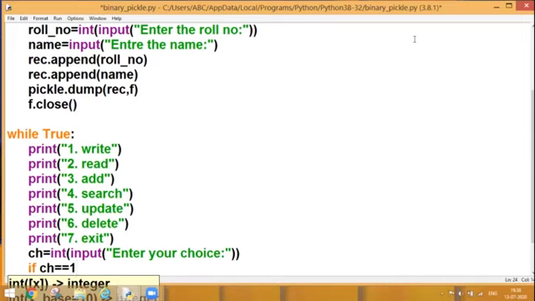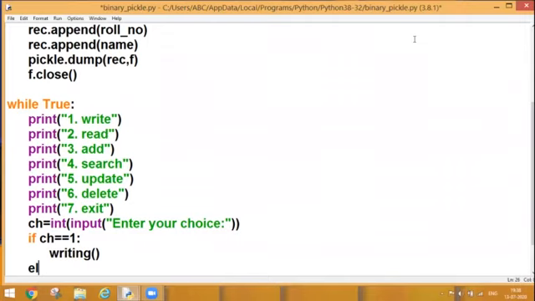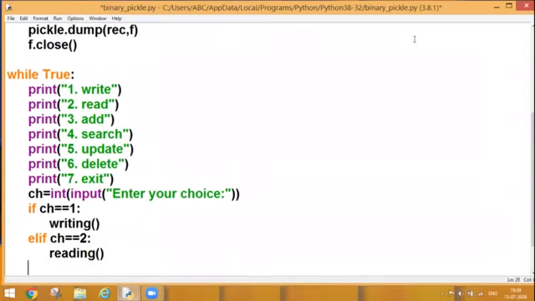That means the user pressed 1. Then what will happen? My writing module will be called on the spot. But if the user presses option 2, then my reading module will be called, which we are going to create now. Elif ch is equal to 3.